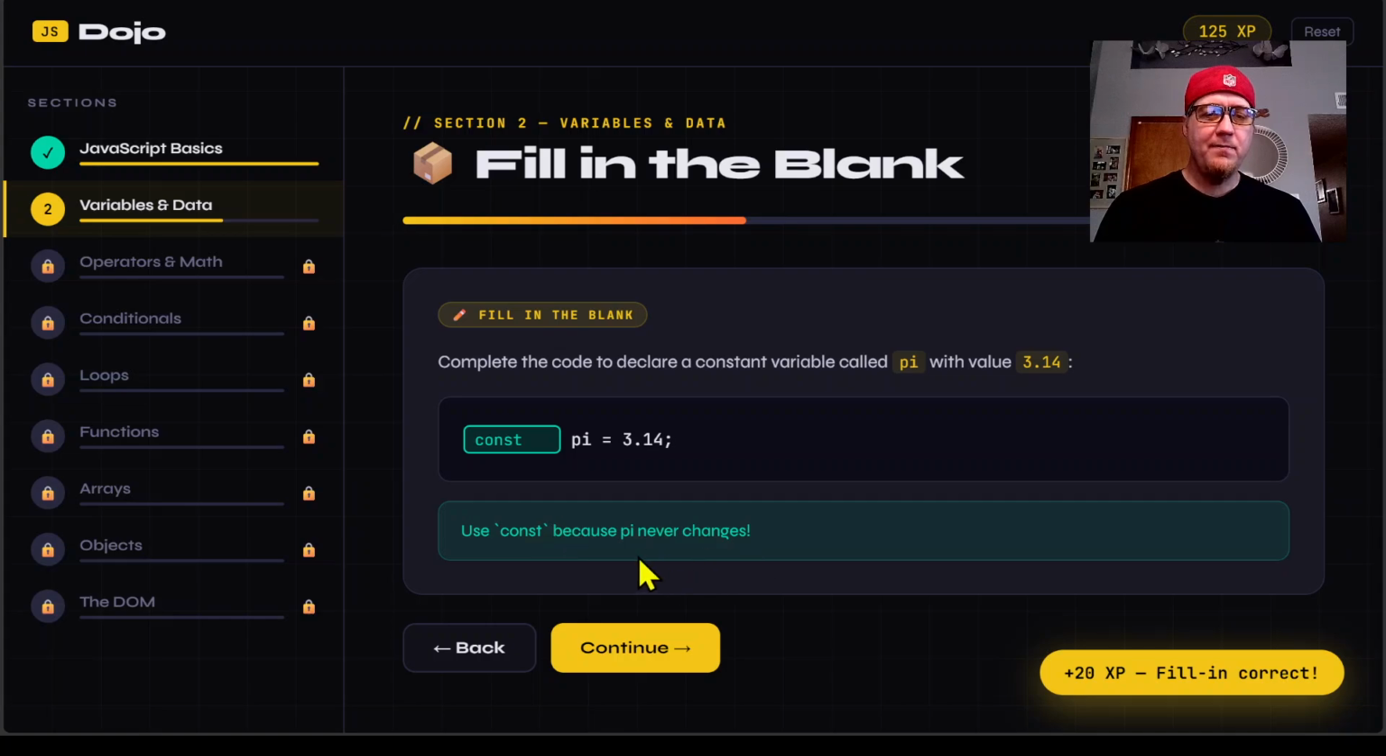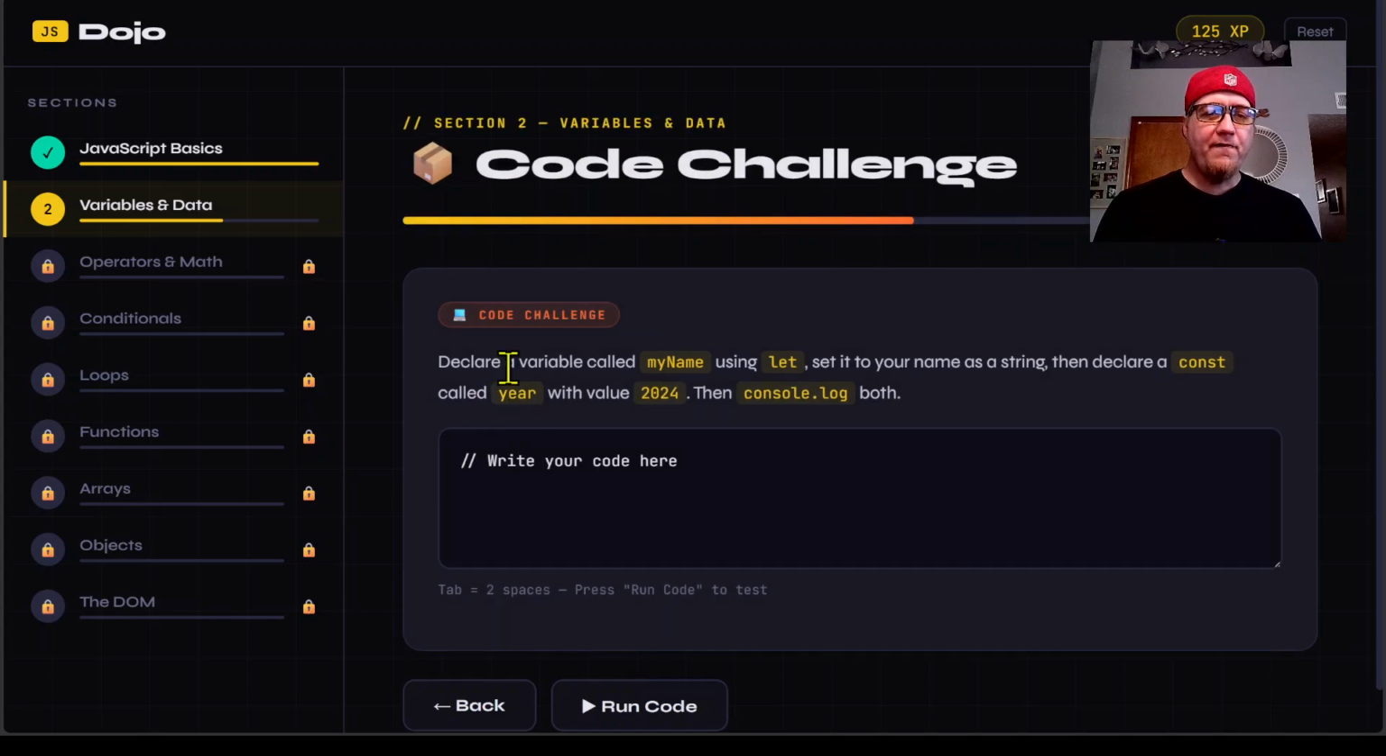Perfect, because pi never changes. Okay. Declare a variable named myName, and notice that it has a capital N. That's what I like to see right away. Using let, set it to your name as a string, then declare a constant called year with the value of 2024, then console.log both. And if you remember on the previous lesson, console.log is just a method used to print